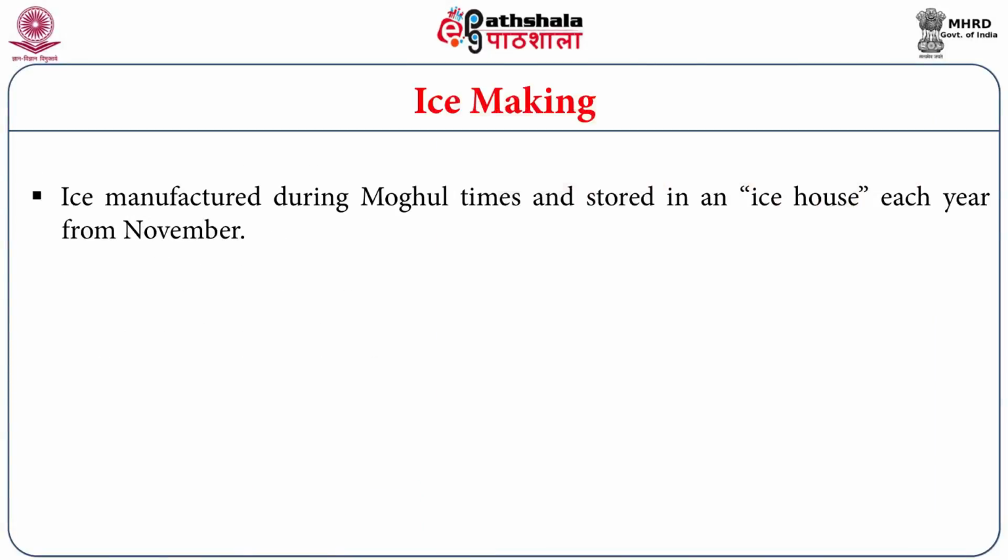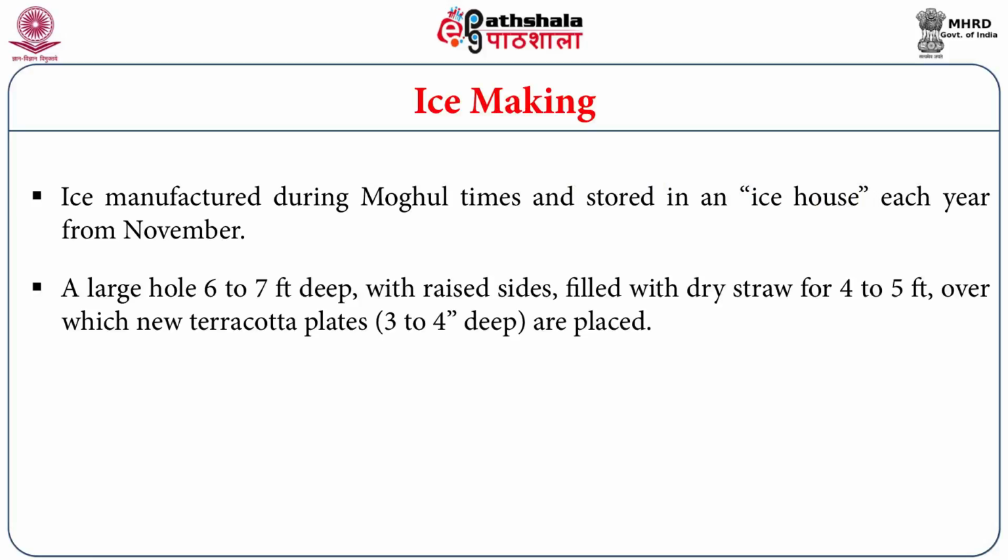There is also evidence of ice making in ancient India. If you look into the older records, we know that the Mughals manufactured ice and stored it in an ice house each year from November. One important piece of evidence mentions a large hole 6 to 7 feet deep with raised